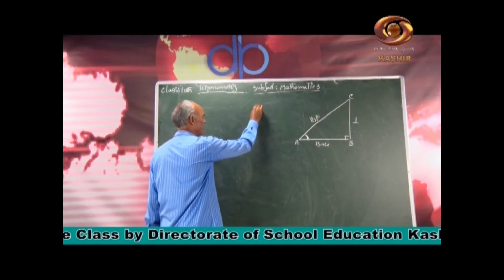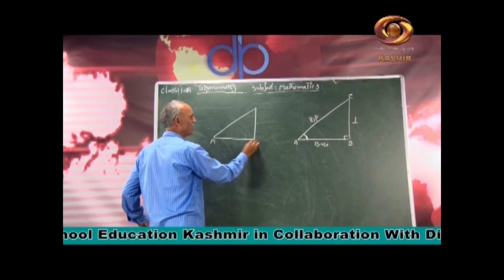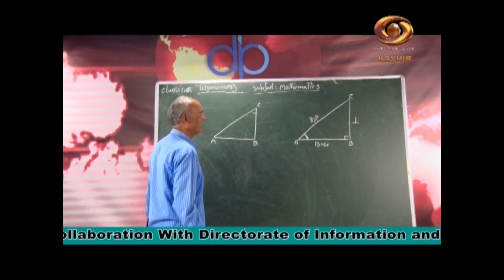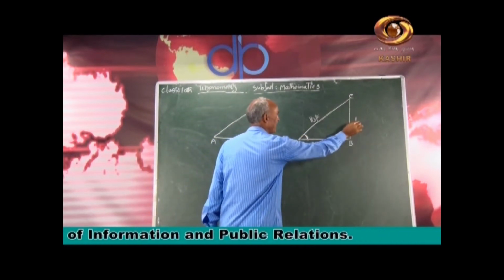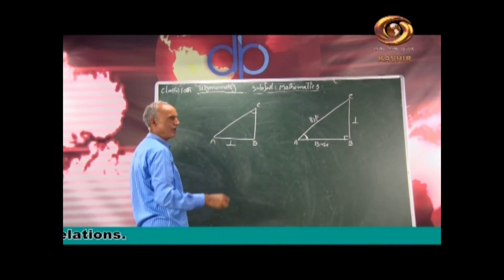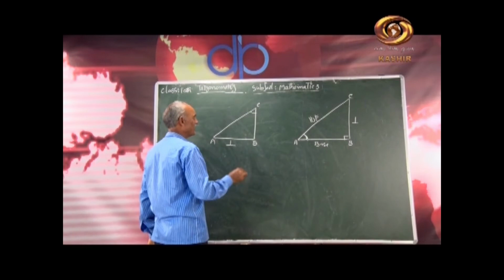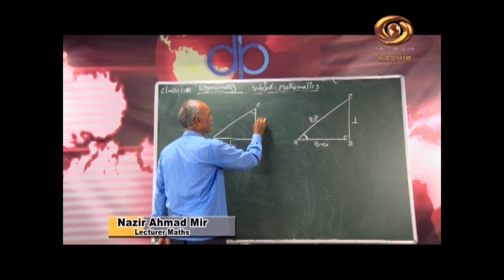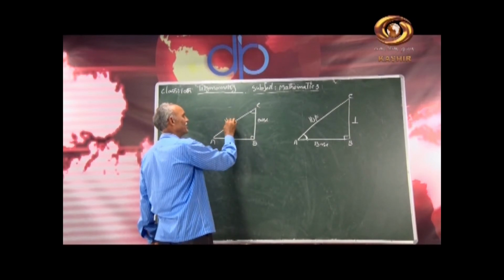But if we take the same triangle, suppose ABC, but if we talk of another acute angle, say of angle C, then the side opposite to C, just like here the side opposite to angle A was perpendicular, is perpendicular now. This side AB is now perpendicular because we changed the acute angle from A to C, and the side adjacent to this C vertex is called the base. The hypotenuse always remains the hypotenuse, the side opposite to 90 degrees.